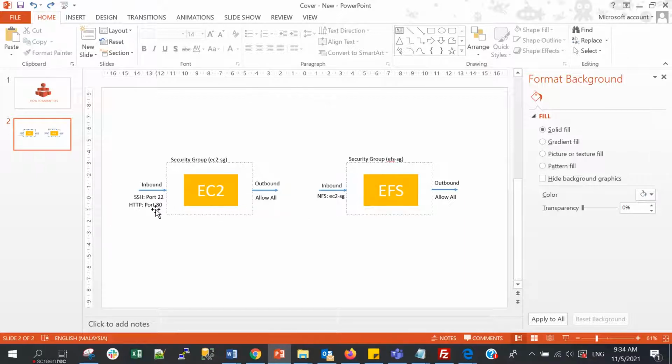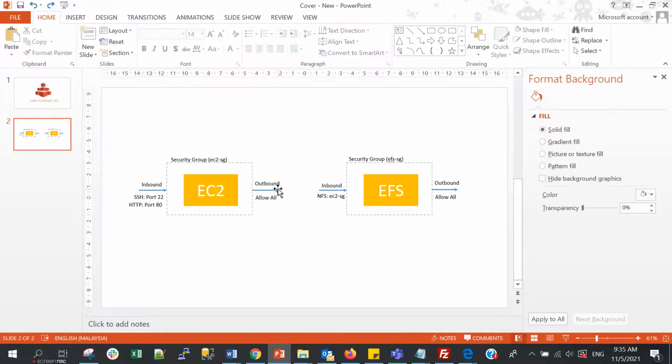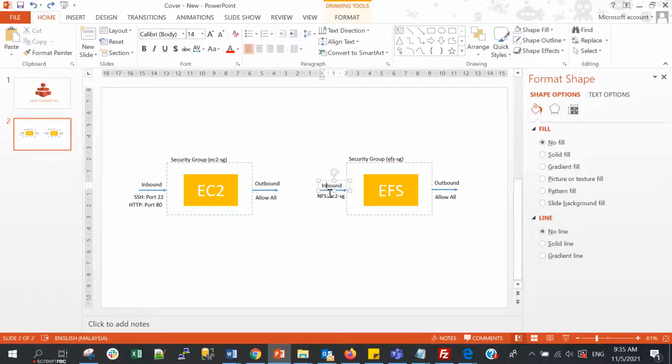This security group controls the inbound and the outbound, what ports and IPs are allowed. For inbound, let's say we allow SSH, HTTP, and you can allow any other things. Outbound, normally we allow all, and that should be fine. For the EFS, we need to allow the inbound.